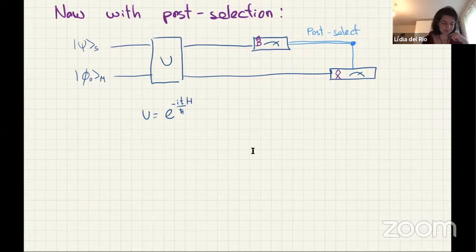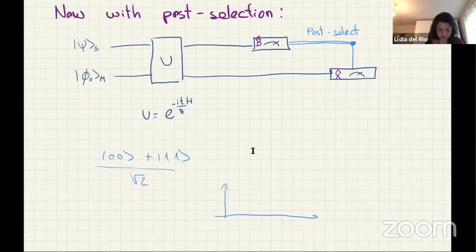So if we had, for example, 0, 0 plus 1, 1 over square root of 2, right? And now I measure on the Z basis the second system. Then if this is the probability and these are the two outcomes, 0 or 1, and this is the probability of X and this is X, then the probability would be like 1/2, right? So I make 100 experiments, and after 100 experiments, I have more or less 50 zeros and 50 ones.